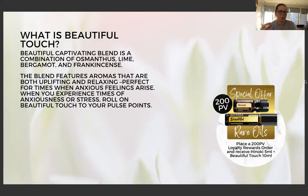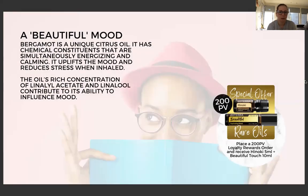Okay, really good uplifting blend. Also very calming, you've got that frankincense in there. Bergamot is the oil of self-acceptance. Lime is the oil of zest for life. And I cannot remember what osmanthus is, but we'll talk about that in a second. Okay, we're just going to break down some of the oils within this blend now. If you haven't experienced bergamot,